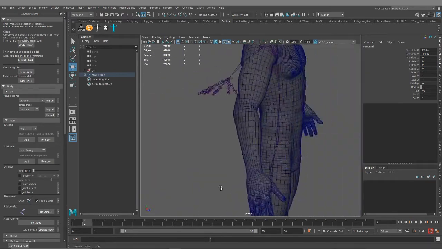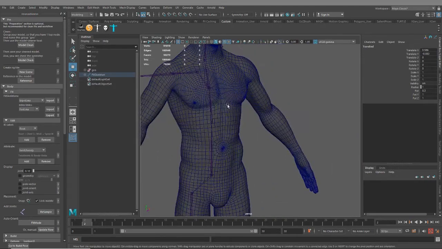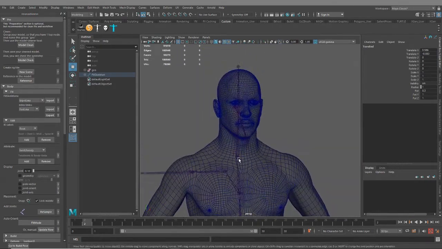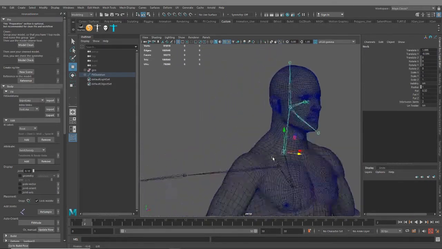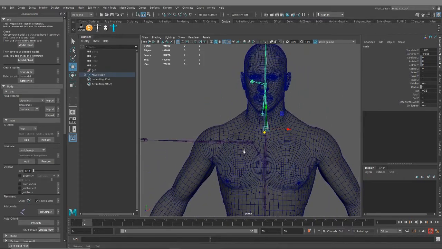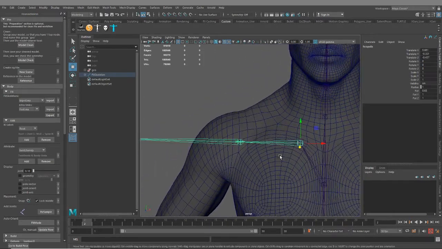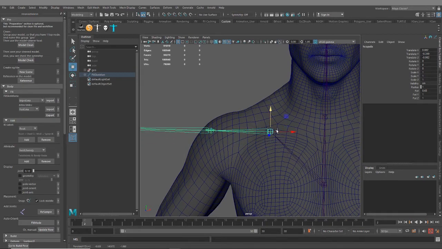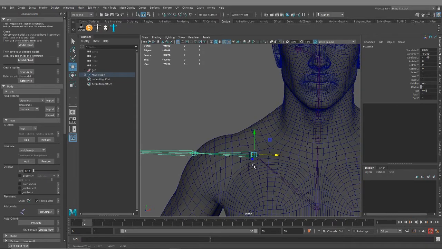Alright. This section looks good. Let's do the clavicle and the arm. So I think bring this up and over